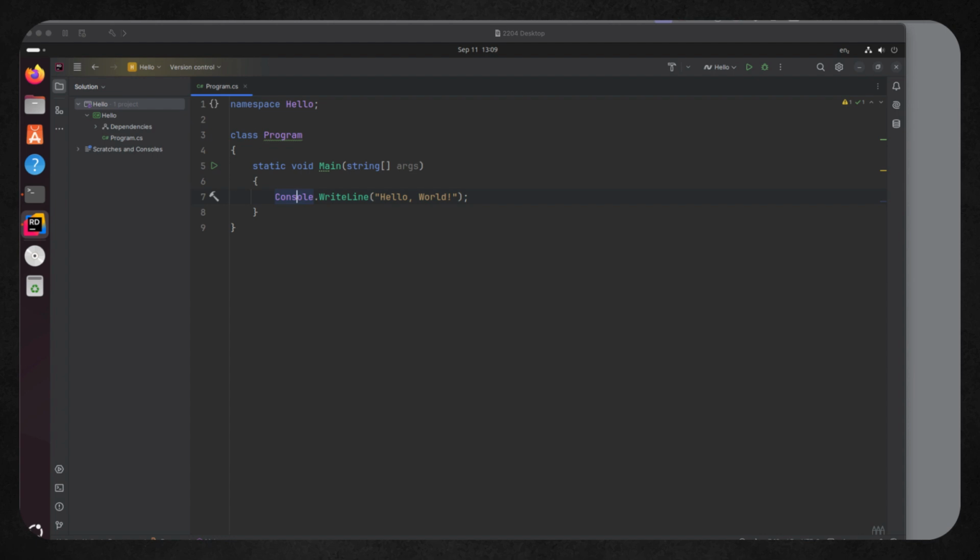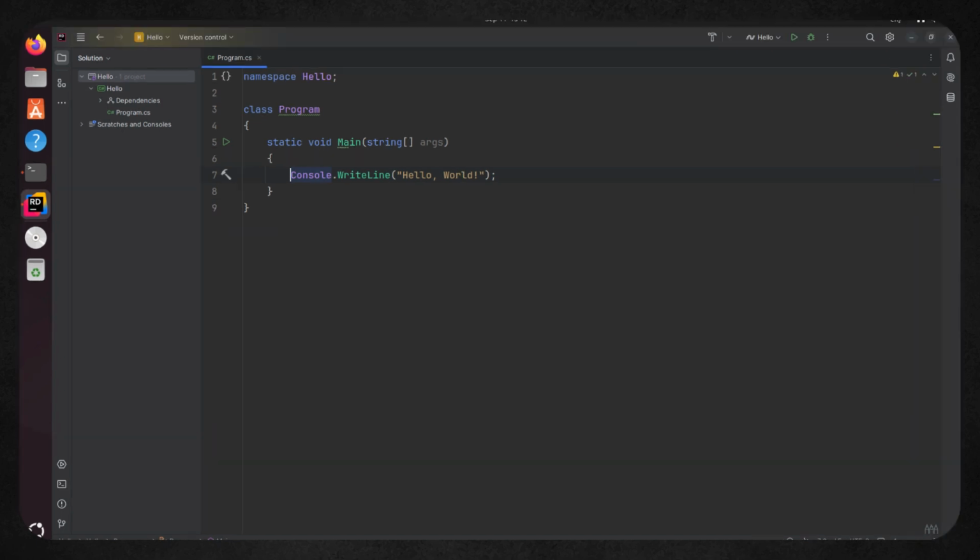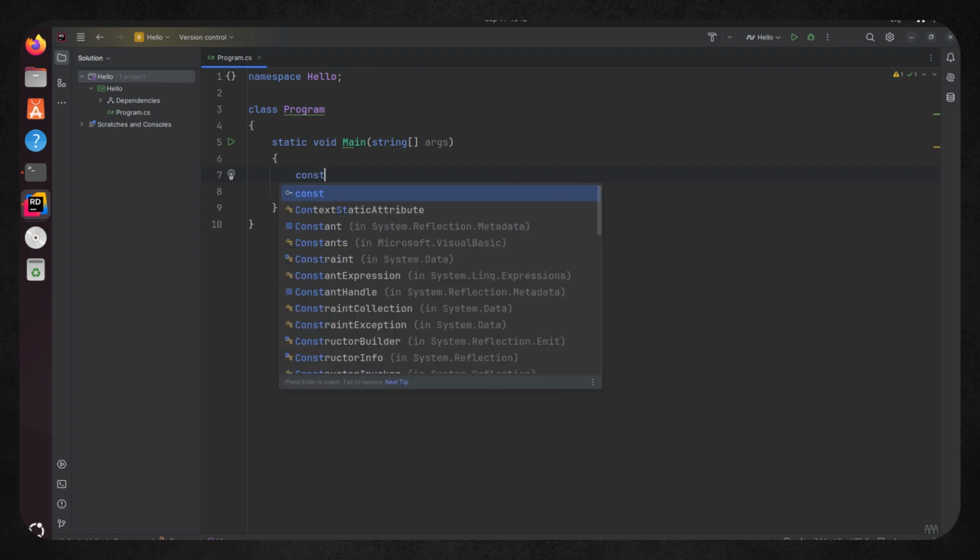I'm working in the IDE Rider from JetBrains. We're using this because this is available on Linux systems as well as Mac and Windows. So our code is truly portable across platform. We've created ourselves a new console application with the glorious Hello World right in front of us. But we might like to make this just a little bit more exciting and include emojis. The emojis are just Unicode character sets, so it shouldn't be a problem.